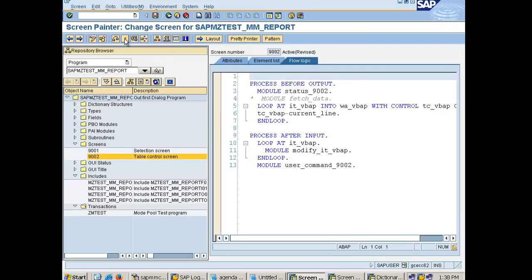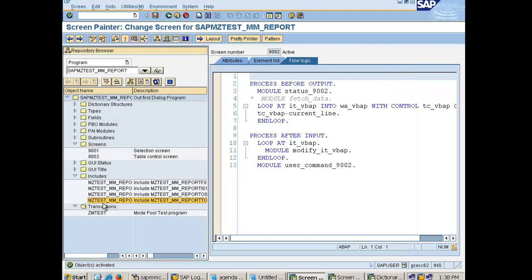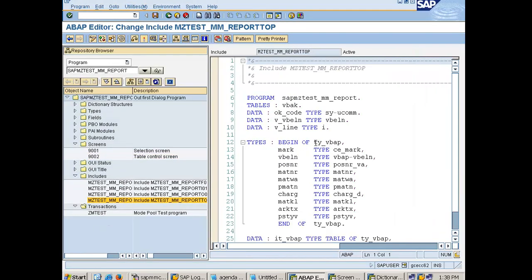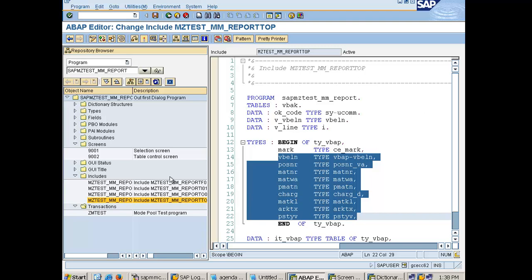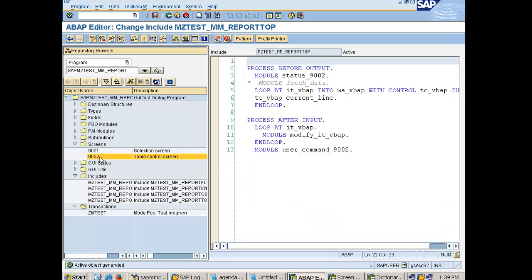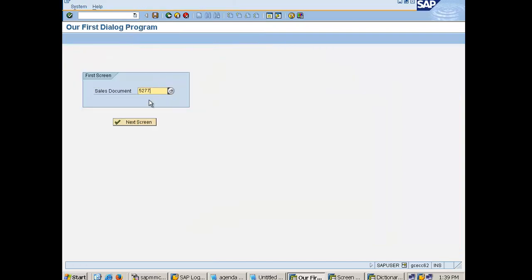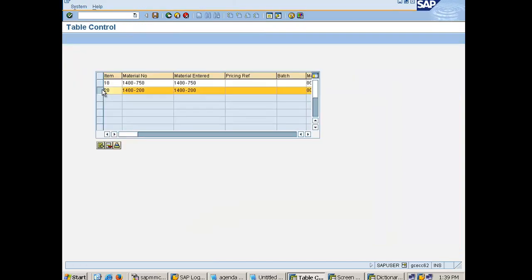So why I did that, let me show you. In my top include my structure TYVBAP is having a field called mark, and then the rest of the fields. So I'm referring to the work area of this. Now if I activate this, let me just run the transaction. So if I select this one and do a /h,